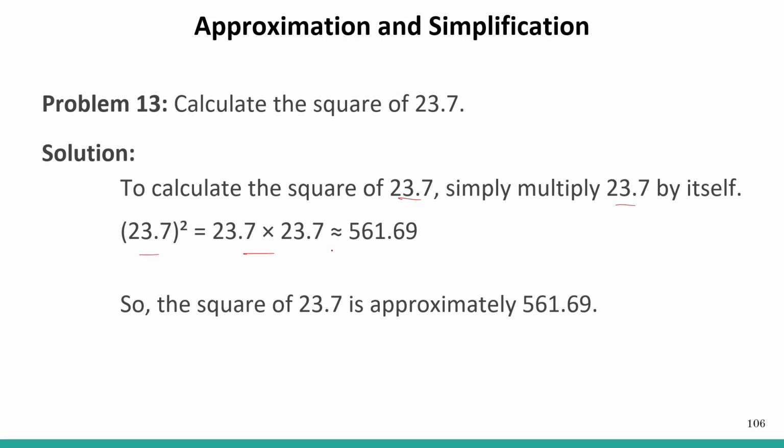So its square is equal to 561.69. So the square of this is actually approximately this, and rounding it off to the nearest integer, what we are left with is 562. Okay,